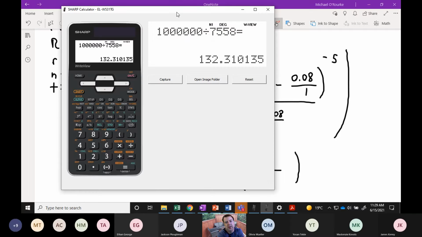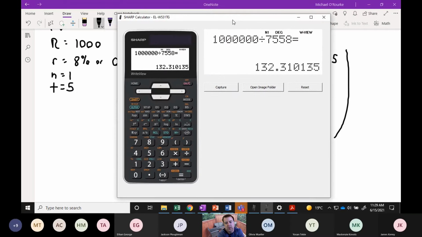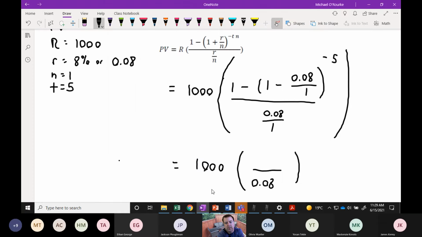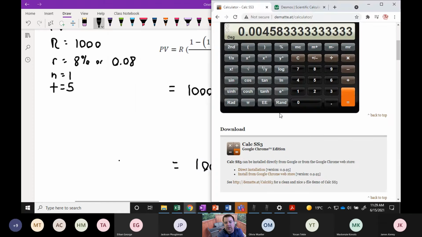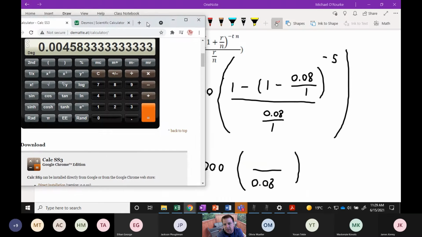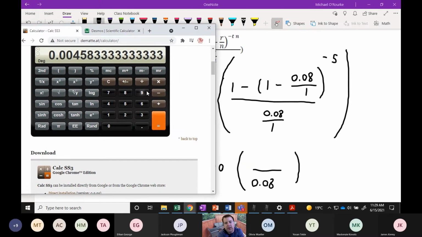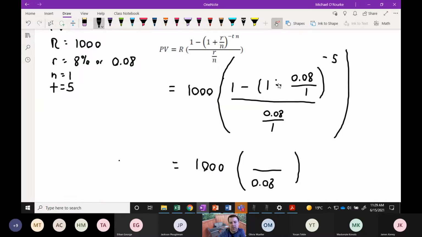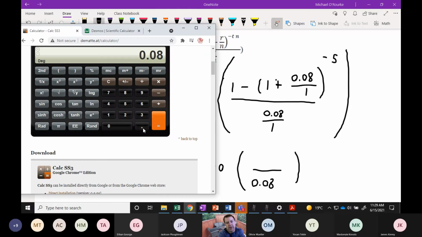So if you're using an iPhone calculator, I'll grab that one to start. If I was using this calculator, I would go 0.08 divided by 1, which is going to be the same thing. Now the weird thing here is it's a minus. Oh, did I write that down wrong? That's a +1. Sorry, plus. I wrote that down wrong. So we +1 here